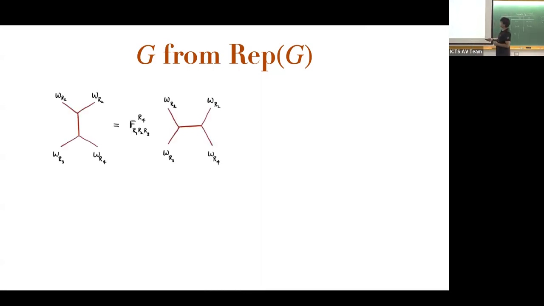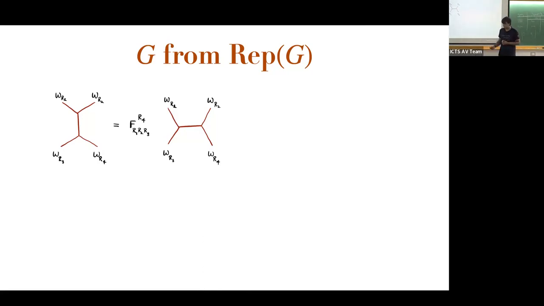The crossing relations of Wilson lines are determined by these matrices. So this configuration of Wilson lines should be the same as this configuration of Wilson lines up to a matrix. This matrix is acting on some Hilbert spaces, which I'm not saying explicitly here because we will not need it going forward. But just to highlight this, the crossing relations of the Wilson lines are captured by certain matrices,